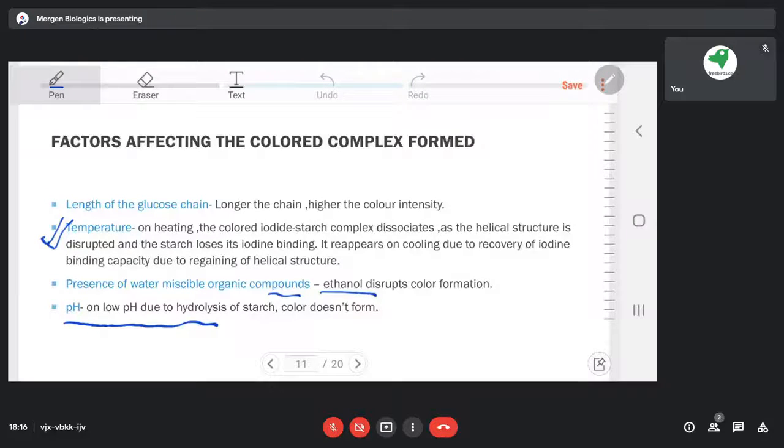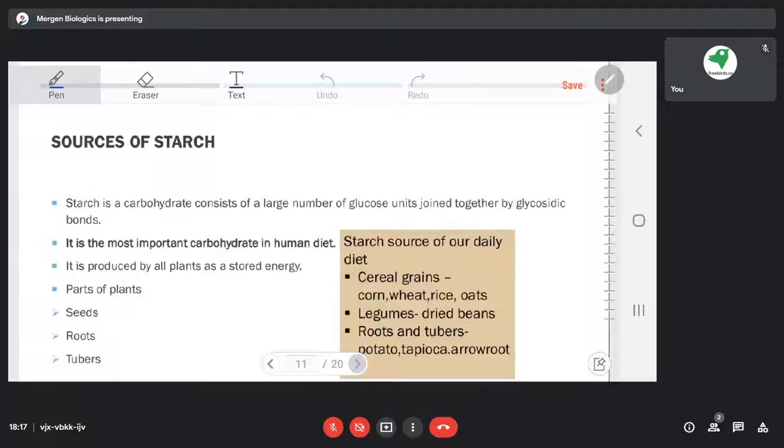So those are all about the setup we have performed in a very simplified manner, but I have explained the laboratory techniques also, how we can determine the starch amount in a laboratory. We get all the food company labels that say this amount of starch is present in it. How do they measure? This is the laboratory technique they use to determine the exact amount of starch present in any food item.